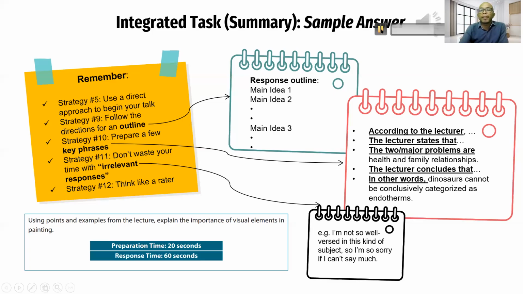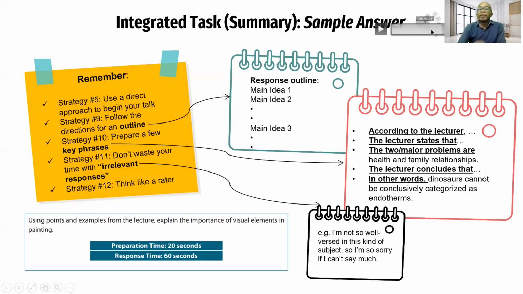The lecturer points out that textures can be physical, how the surface feels when you touch it, or visual, how it looks. Similar to color, different structure can